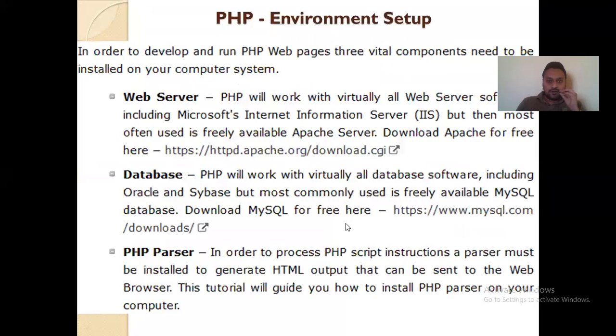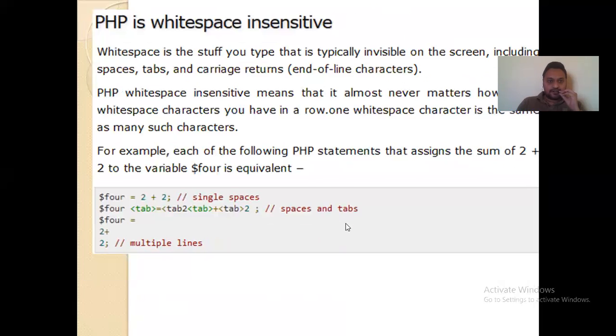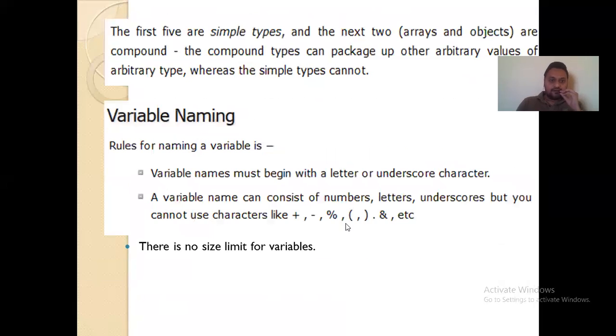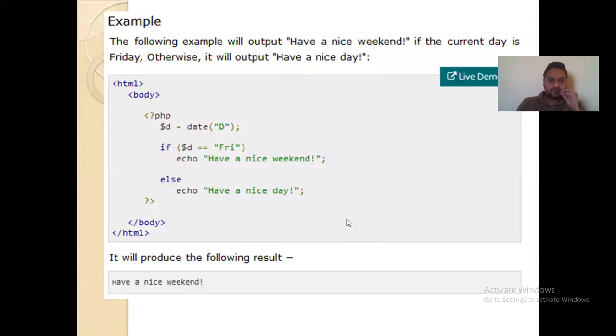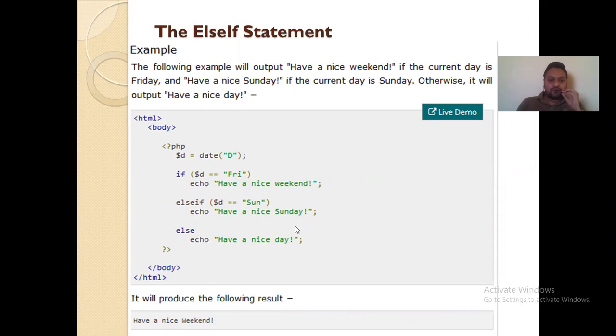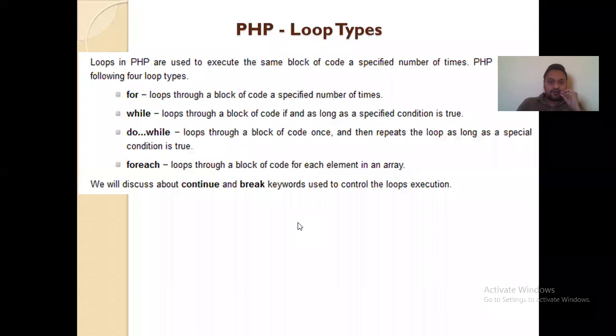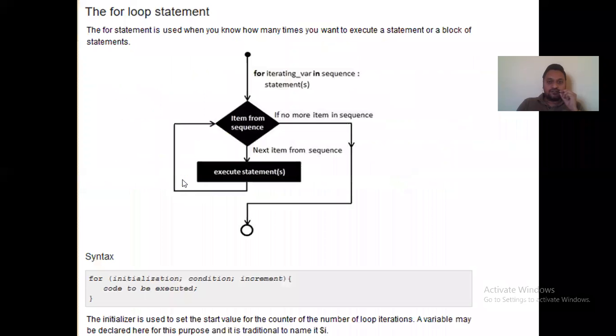Now see here that we have gone through all this. That is the if statement, if else statement, then while, then switch statement. Now we are going to cover the do while statement. So loops. These are the loops: for loop, while loop, do while loop, for each loop. We have gone through for loop and while loop. Today we will cover do while loop, for each loop, and then we will proceed to arrays and all other things. Okay.